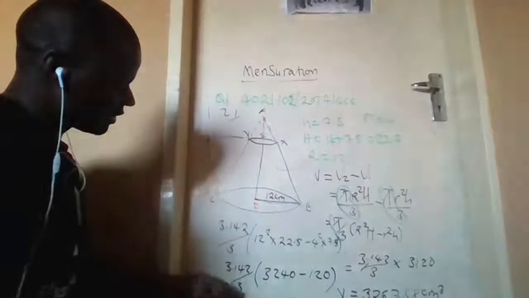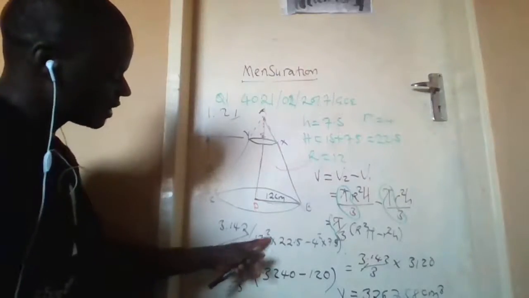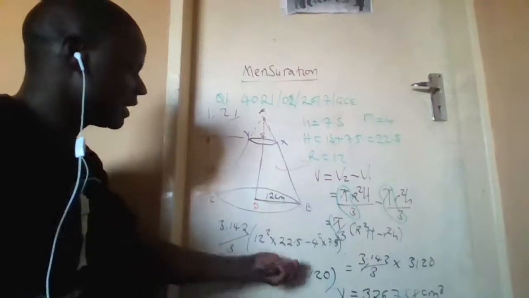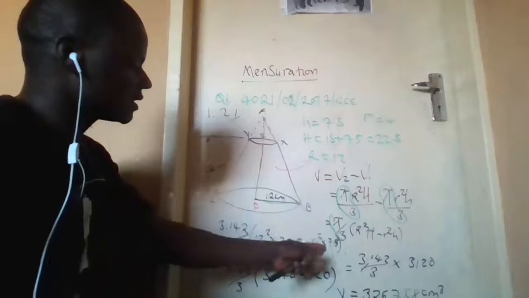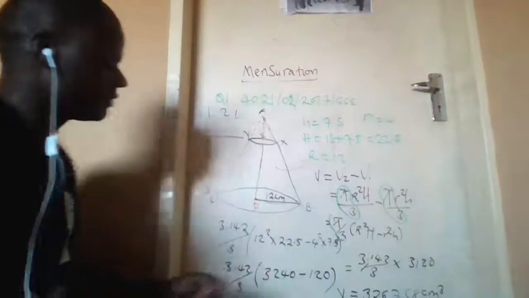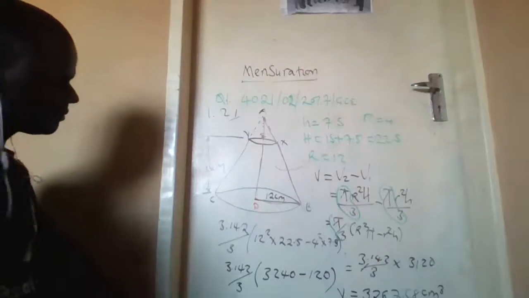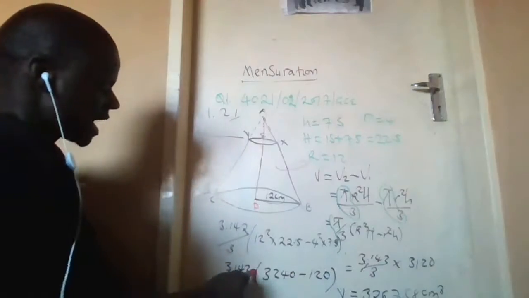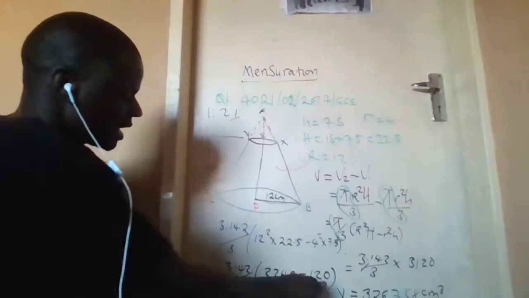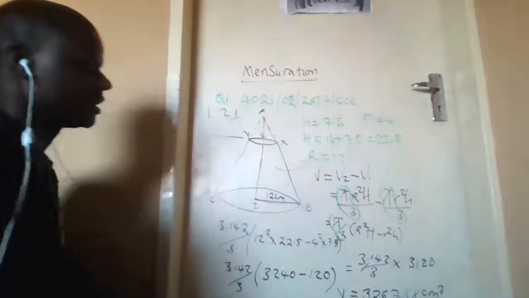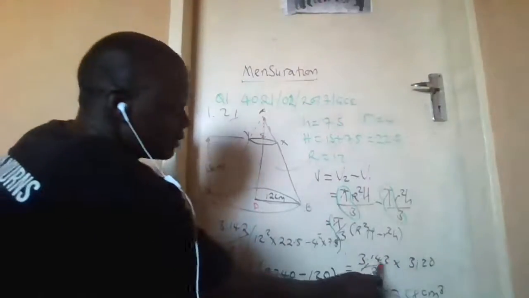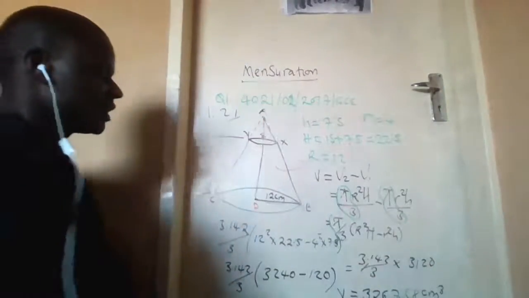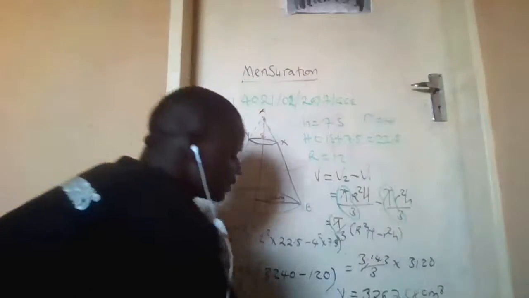Then 12 squared times 22.5 gave me 3240, minus 16 times 7.5, which gave me 120. Then 3.142 over 3 times, because this means multiplication, the 3120 I got after subtracting. Once I multiply 3.142 times 3120 and then divide by 3, it gave me that, which we can even round off to